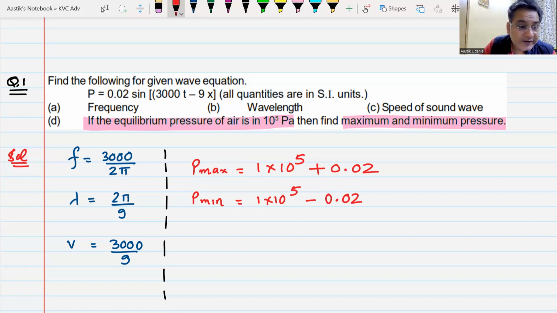Anyways, let us move ahead and let us talk about the frequency. Since we are talking about sound waves, this is what you must understand. What is the frequency of a sound wave? It is the frequency at which my vocal cords are vibrating. It is the same frequency at which a guitar string might vibrate. That is known as the frequency.